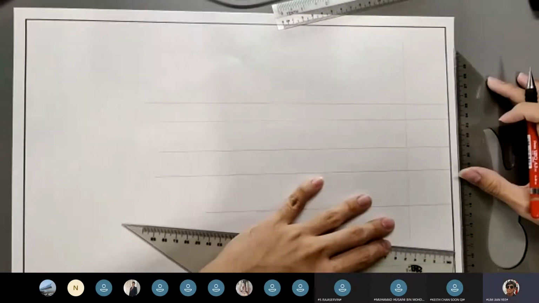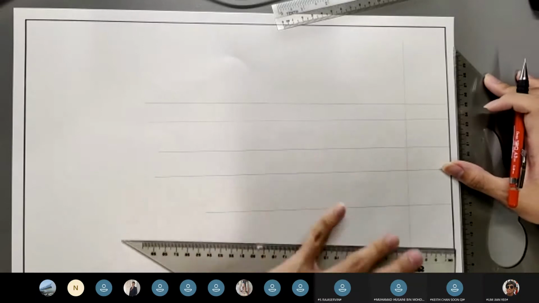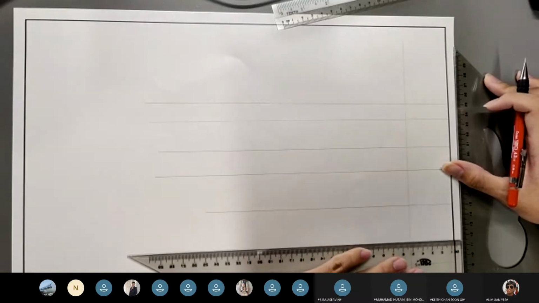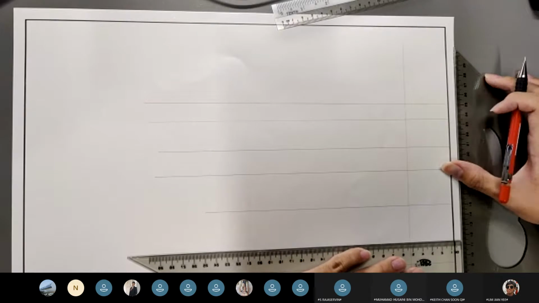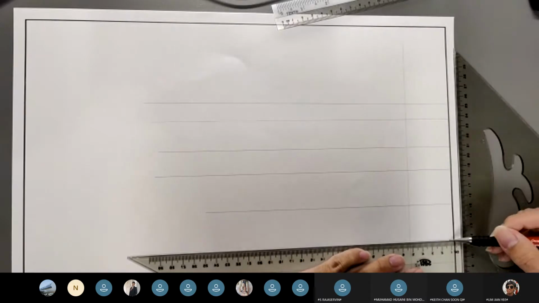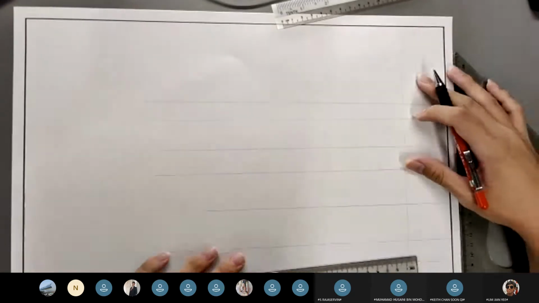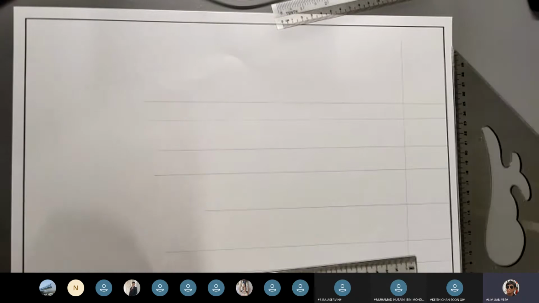Then from the main line here, move 35 down. Then the next one,